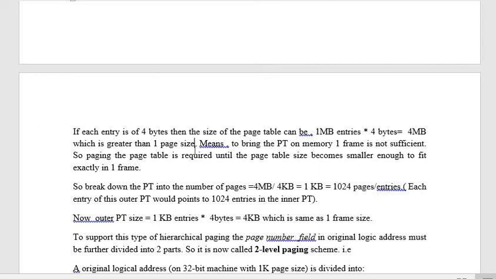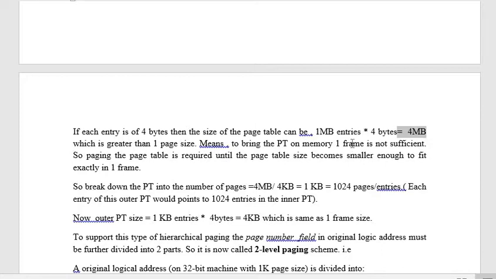So when you want to load the process onto the main memory, you need to bring along with that process the page table associated with it. Since the page table is larger than one particular frame, it would require more frames to be accommodated, because 1 page space is not sufficient to hold the page table of 4 MB in size. So to bring the PT into memory, one frame is not at all sufficient,